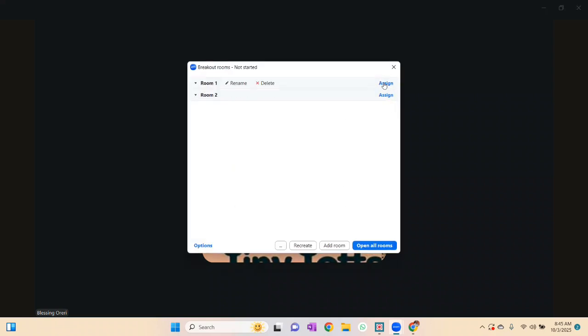Now for room 1, if you click on assign, because there are no students here, there's nobody for me to assign, right? But if you click on assign, you see the students' names, and then they will tell you assign to room 1 or assign to room 2, and then you assign them. Now when you click on assign, they will get an invitation to join the breakout room, and then they'll go